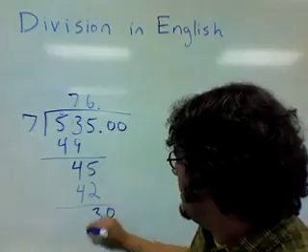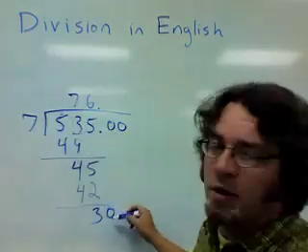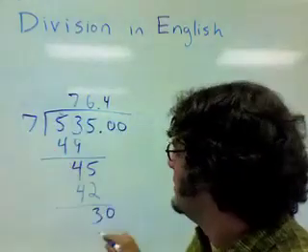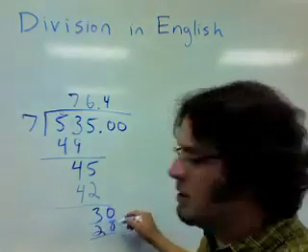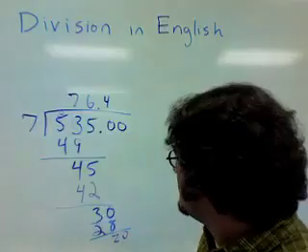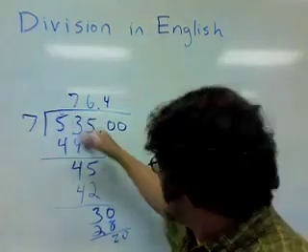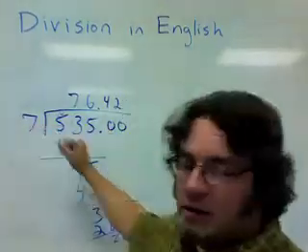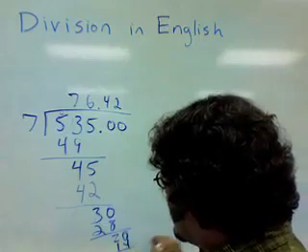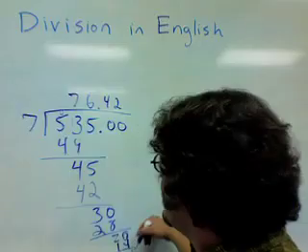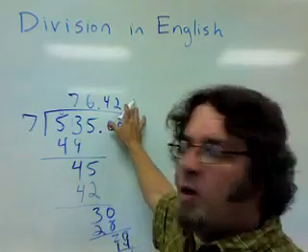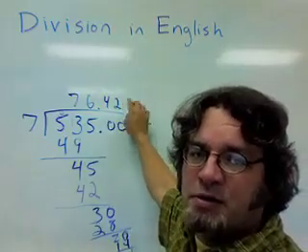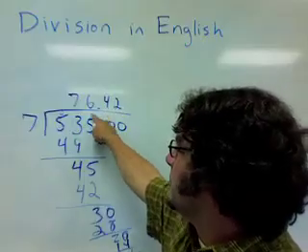The zeros would come down here. How many times does 7 go into 30? And the answer is 4. 4 times 7 is 28. And then you would subtract 28 from 30. That's 2. And how many times does 7 go into 20? Just 2. 2 times 7 is 14. Subtract 14 from 20, it gets you 6. And you can probably keep on going if you want to with numbers following, but at some point you don't have to keep on doing this. The answer is going to be about, you know,